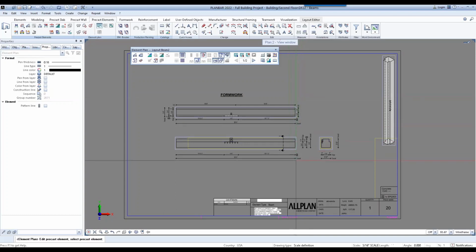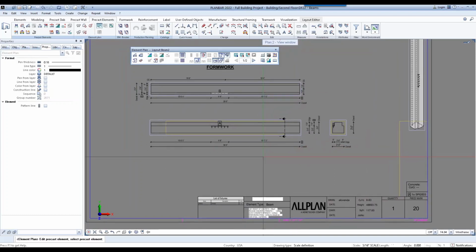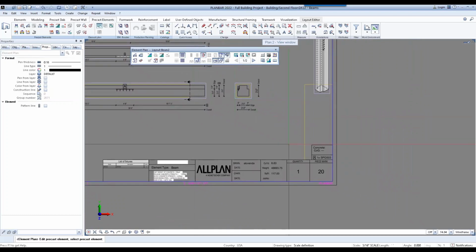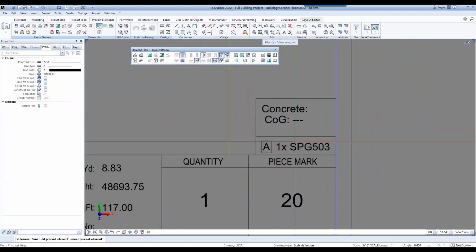You might be able to see that the beam is fully dimensioned. The embeds are dimensioned here, and this is how it looks. It's completely customizable, so you can set it up for your company standards. Right now I have my embed labeled as A. This attribute is then automatically pulled into my table at the bottom. You can see it here, my bill of materials right here.